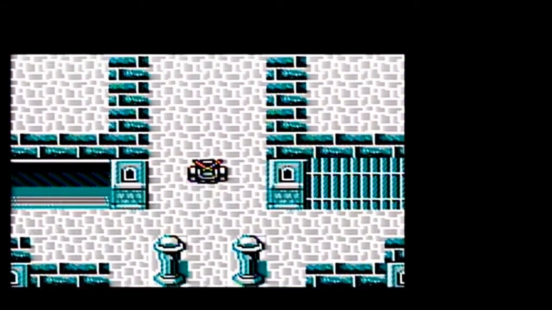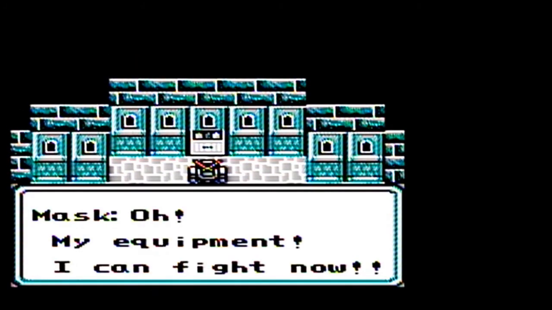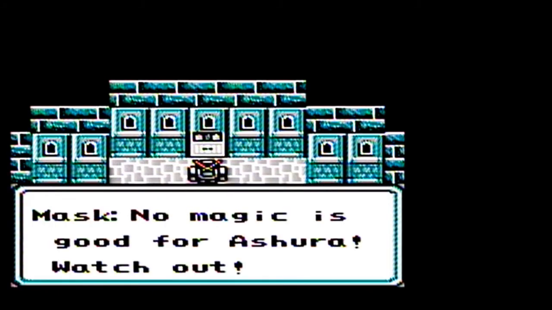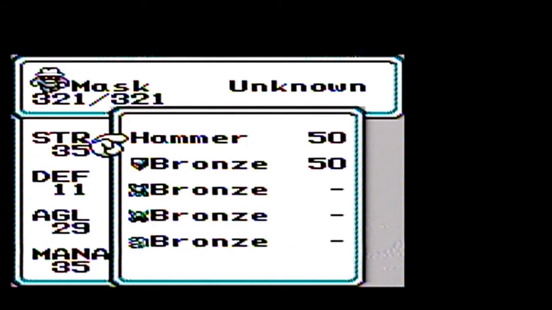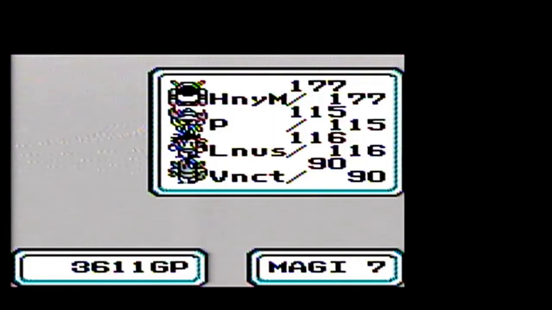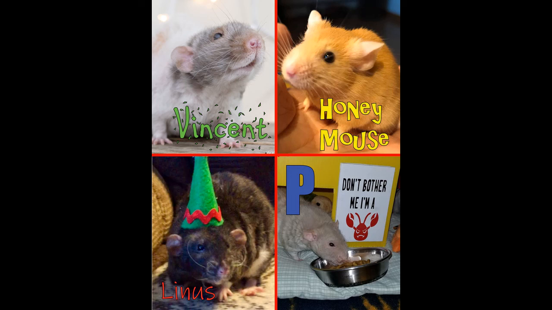Yeah, if we look at Mask's equipment, he doesn't have anything right now. But if we come here, oh, my equipment, I can fight now. No magic is good for Ashura, watch out. Yeah, so we won't be able to damage Ashura with magic spells, but that's okay, we got Mask. He's very strong, even though he has a weak weapon and a hammer, so...